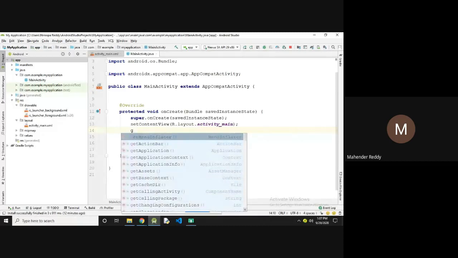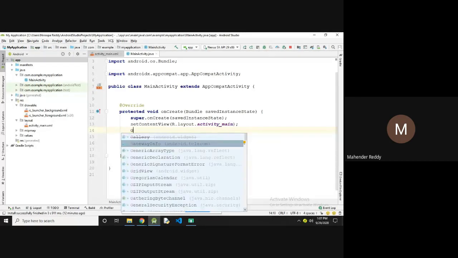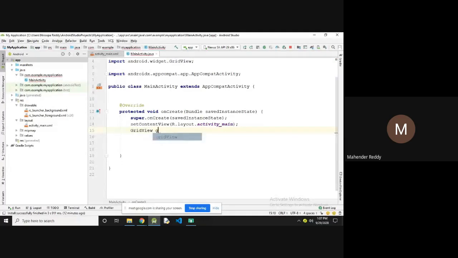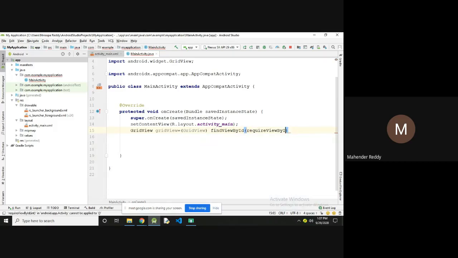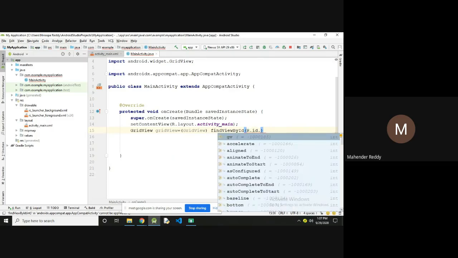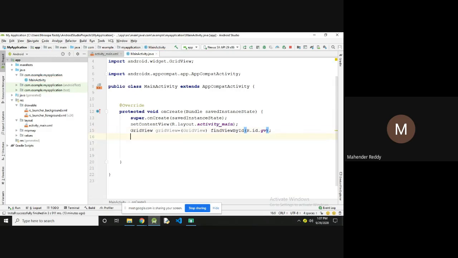GridView gridView equals findViewById(R.id.gv). Our grid view id is gv.